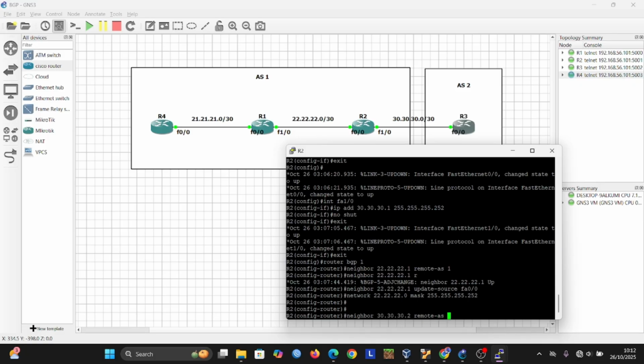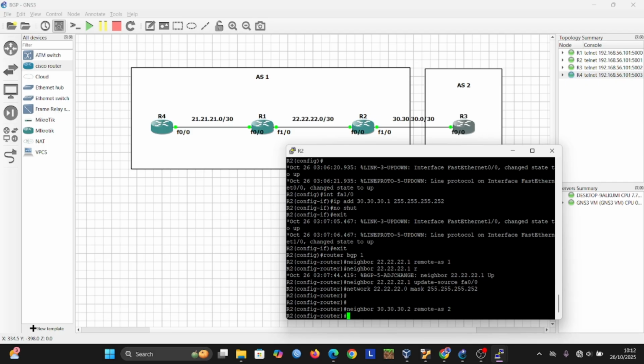In this remote AS we enter 2, because this IP is in area 2. The remote AS is 2, and the network and update source are the same.